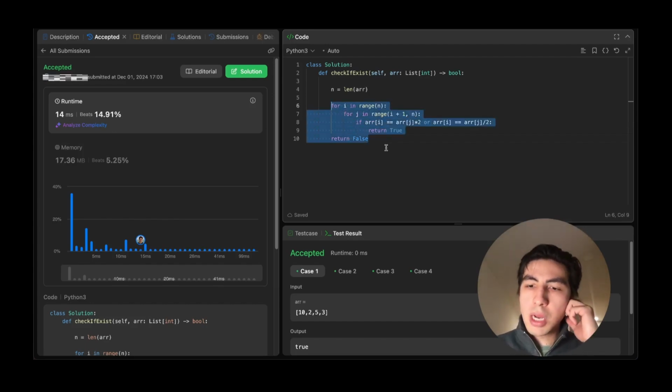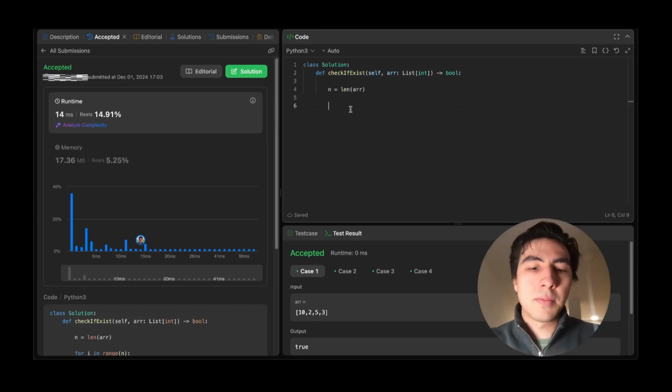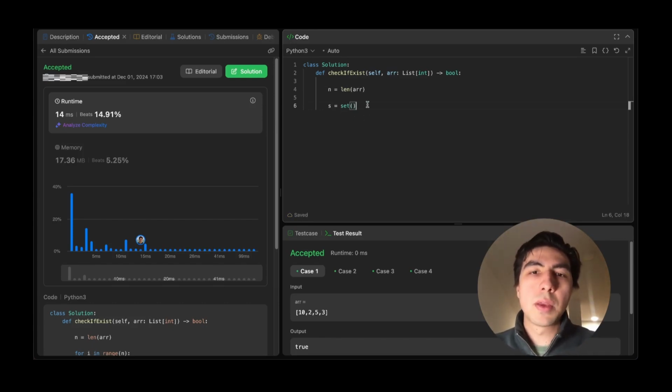Now we can do a better job than this, and we can do everything in O of n time complexity, which means that we only need to loop through that array once to find that solution, right? So we're going to start here with n. We're just going to calculate the length of our array. But now the key point here is to actually use a set, right? So a set is a data structure that allows you to read elements from it to check if they exist in O of constant time, O of 1. So these are very fast operations, and it's going to allow us to save data as we loop through that list, and then check to see